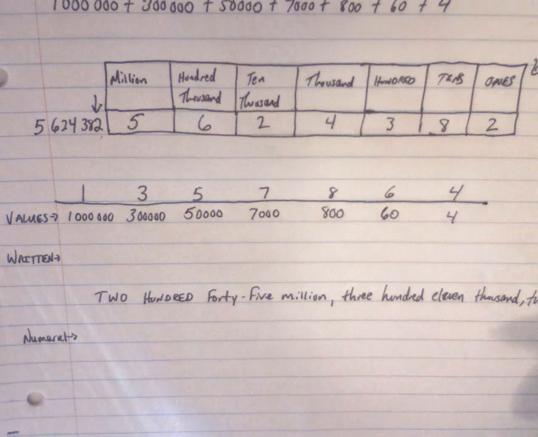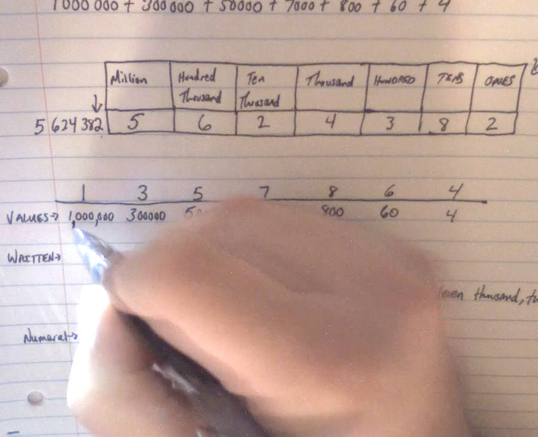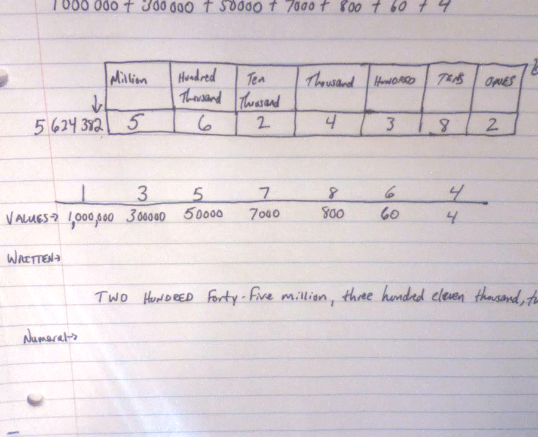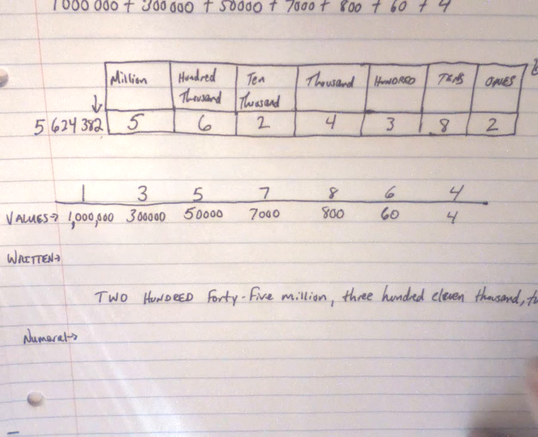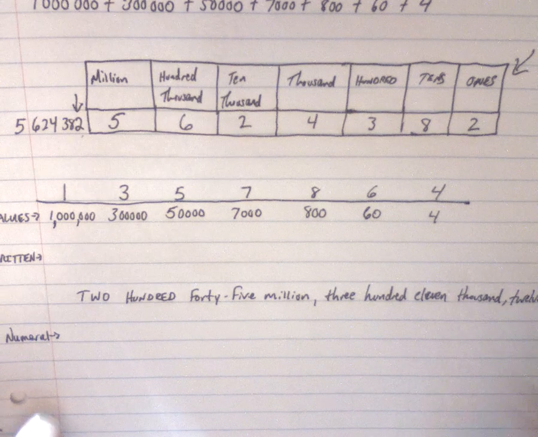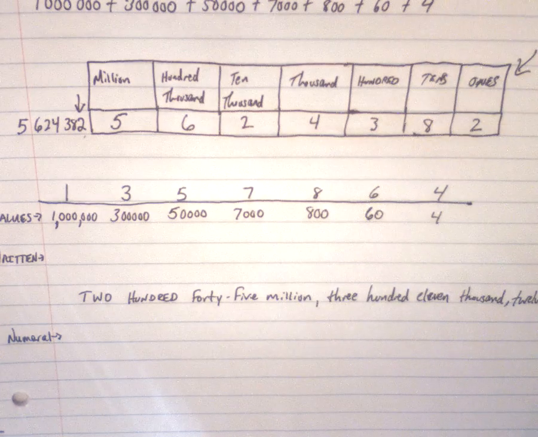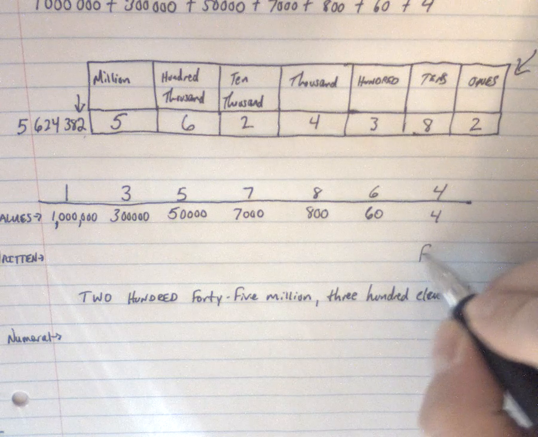Sometimes what people will want you to do is they want you to separate it using commas. That's fine, but for right now, I just really want you to get the habit of actually marking in the 5 zeros. Now, if we actually had to write this out, and we actually are looking for what the written value is, and because you are going to have to write it out, you'd have 4,